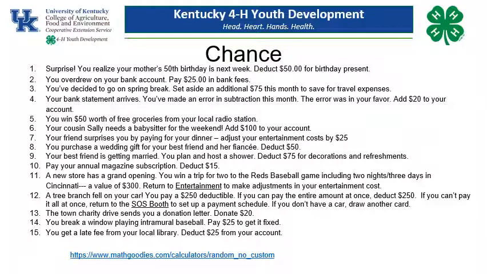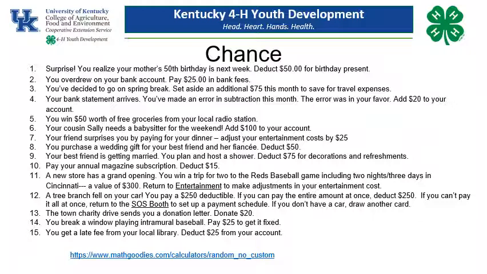Many things happen in daily life that you weren't expecting. That's chance, and that's where we are now. That happens to many adults on a day-to-day basis. On this slide, we have 15 random things that can happen. Therefore, to pick which one, you'll need to click the link at the bottom of the slide. That will be a randomization calculator between 1 and 15. Whatever number it chooses, then you will go back to this slide and decide whether you deduct or add items